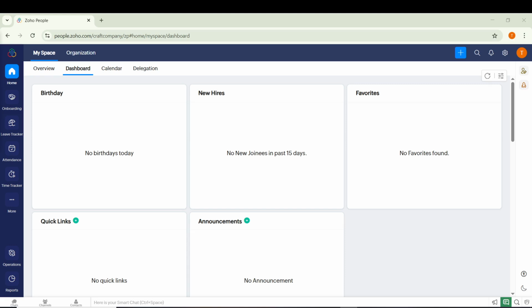In today's video, I am going to teach you how to export days off from Zoho People. To get started, make sure you are signed in to your Zoho People account and you are on the main dashboard. The export option we need is located inside the Leave Management area, so we will begin from the left